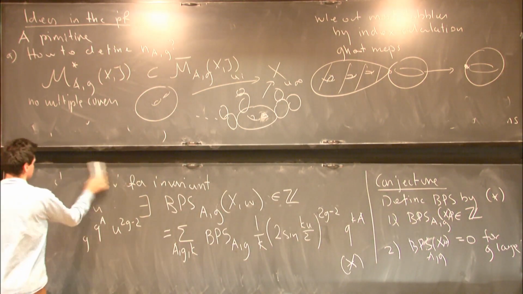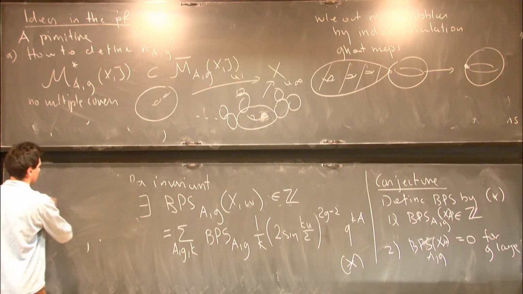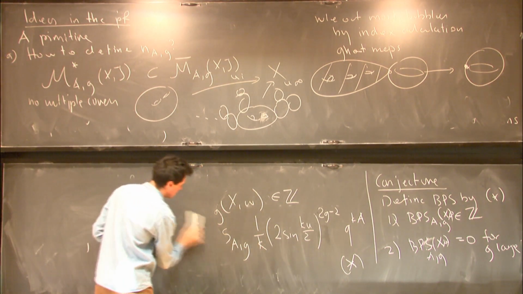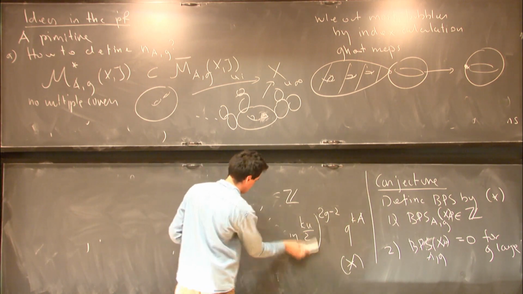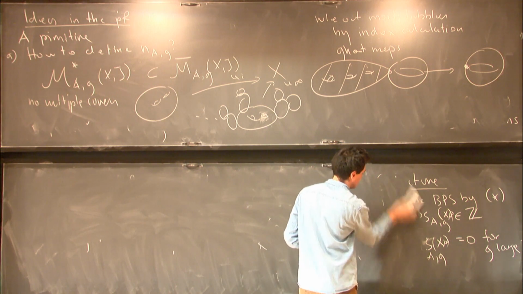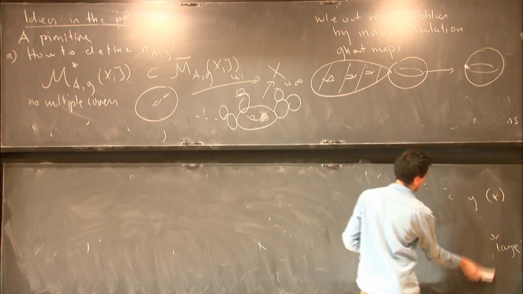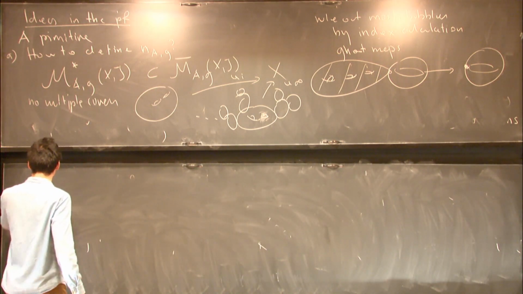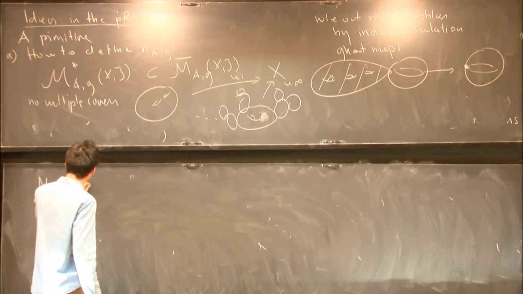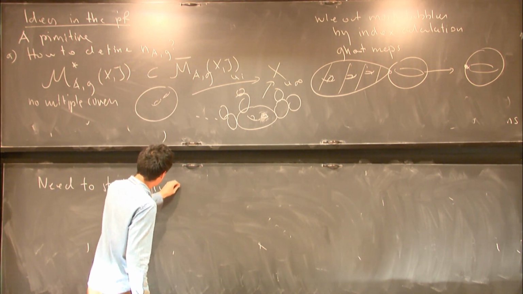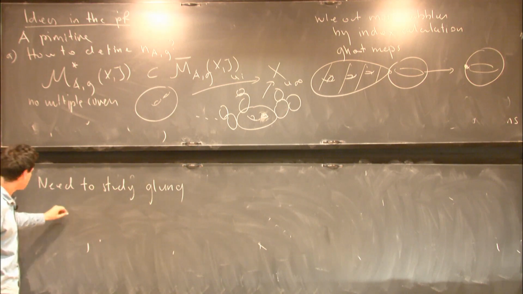And this is something that in the genus 1 case was studied by Ionel and also by Zinger independently. And a lot of what we do is based on their ideas. So let's see. So you need to study gluing. What I mean by this, you start with this map,